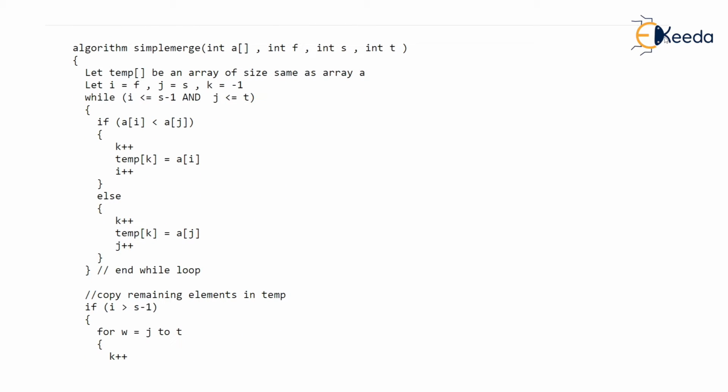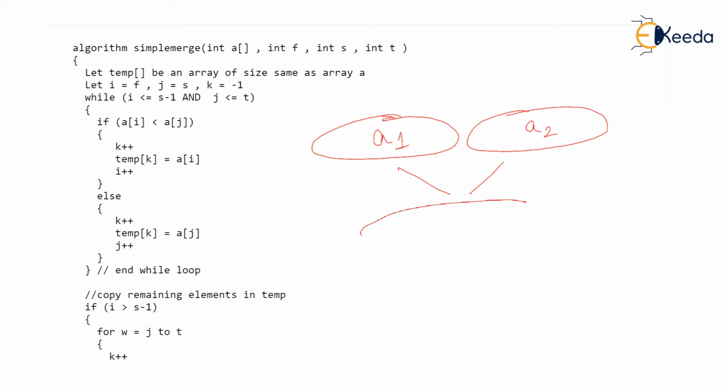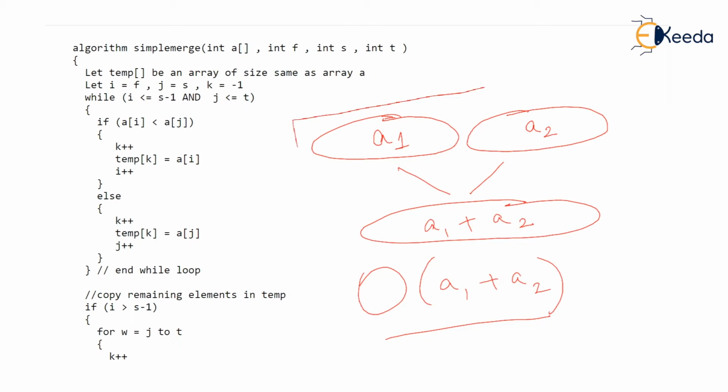Just check as a summary over here. If you have a partition which is sorted and it contains, let's say, A1 elements, and immediately following it we have another partition which is sorted and it contains A2 elements, then time complexity to merge this to create all A1 plus A2 elements in sorted order is nothing but big O of A1 plus A2. That is big O of the number of elements in A1 and A2, isn't it? A1 plus A2.